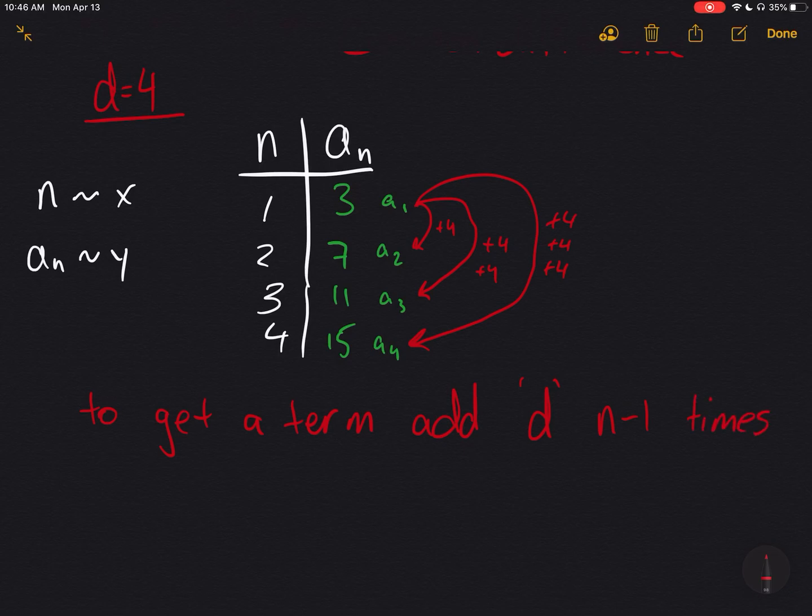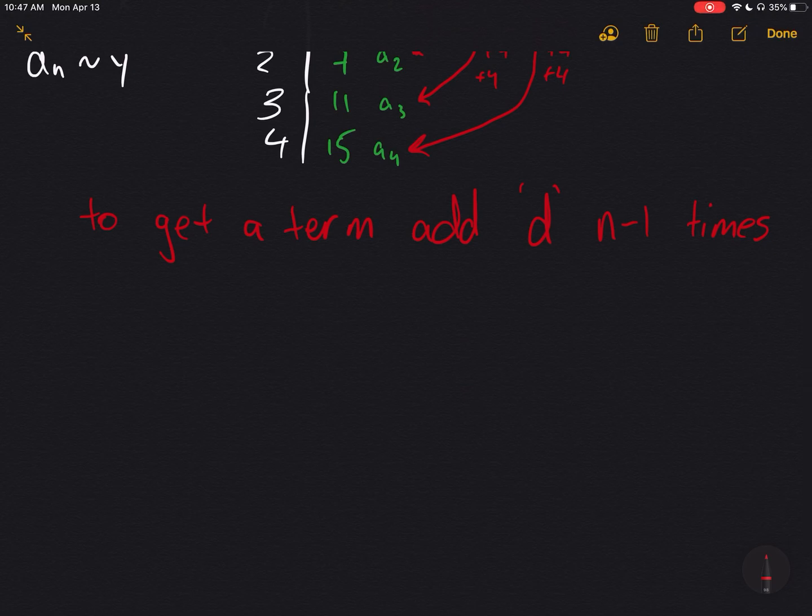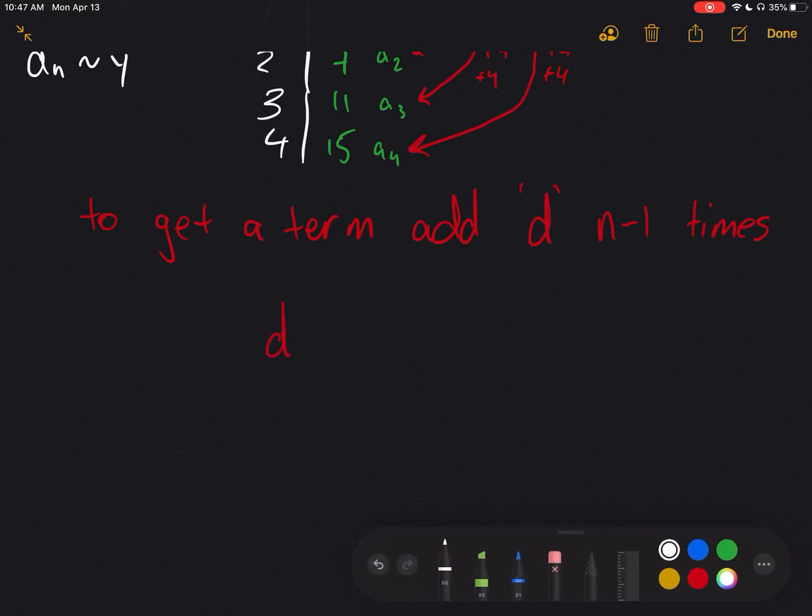And that is going to be the key to our formula, right? Because if you think about it kind of like a line, we talked about linear functions, that d is going to be our slope, right? And our n minus 1 is just telling us where we're happening on the graph. So we can start to build that formula to get to a certain term. I want to add d n minus 1 times,